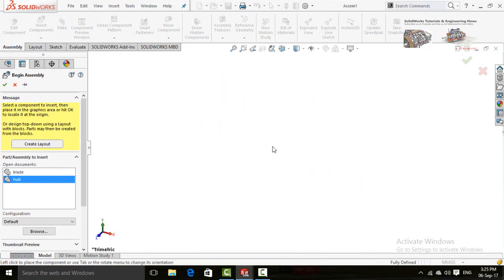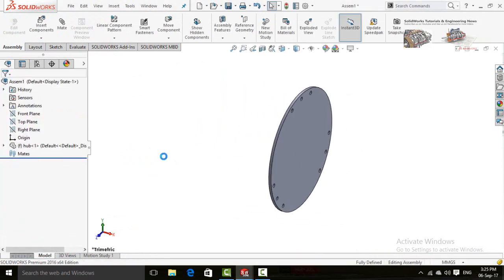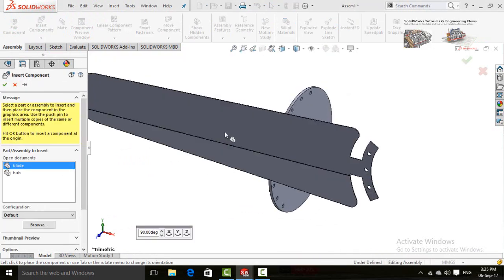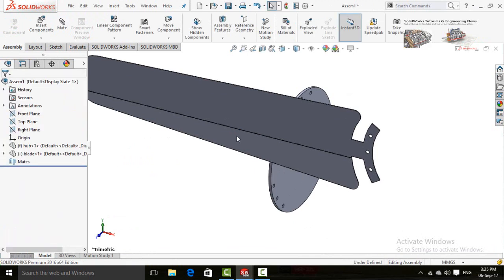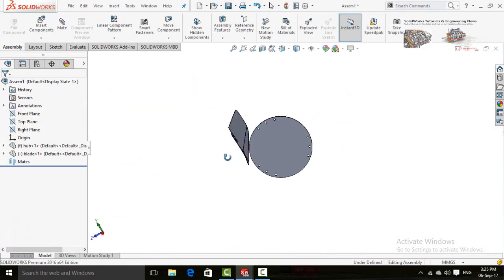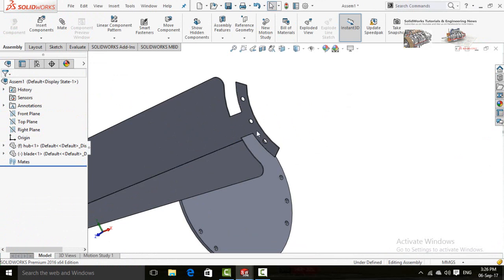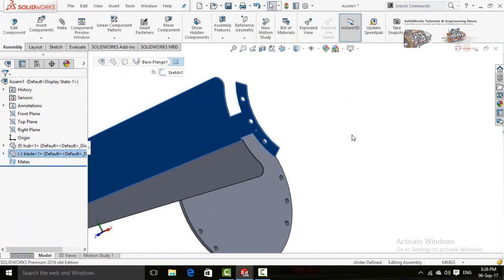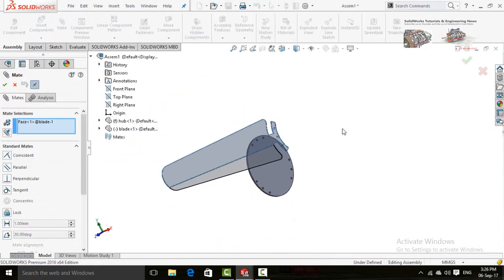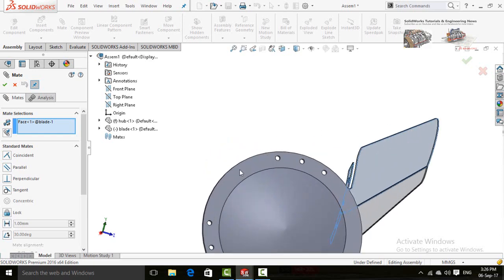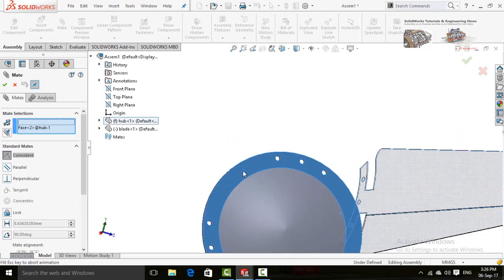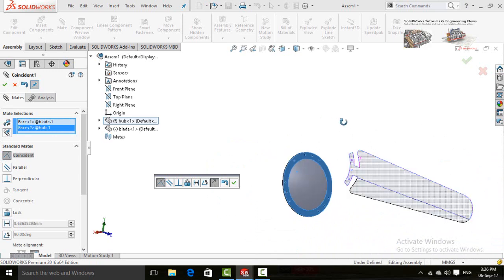Import both of these parts into the assembly. Now click on this face and select mate. Click on this face. Check.